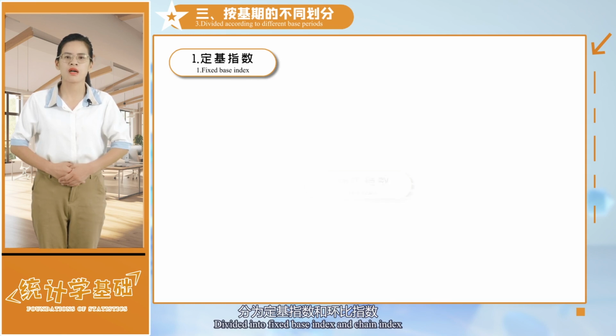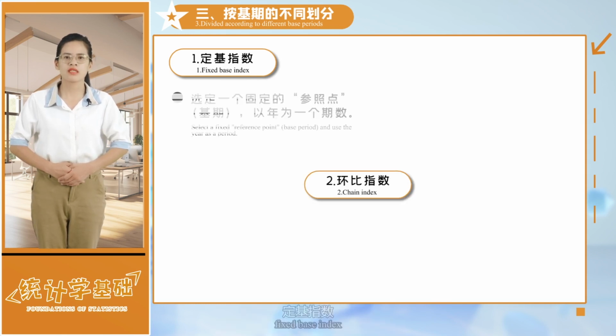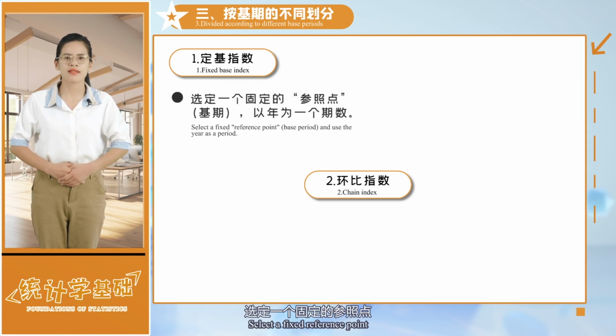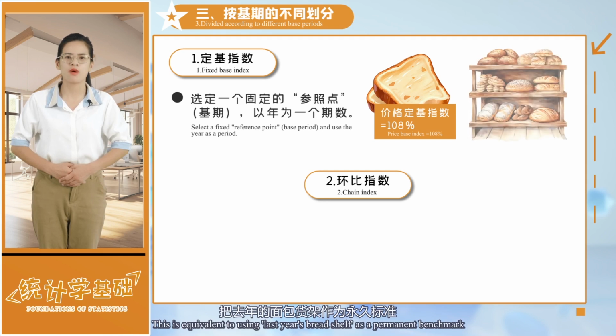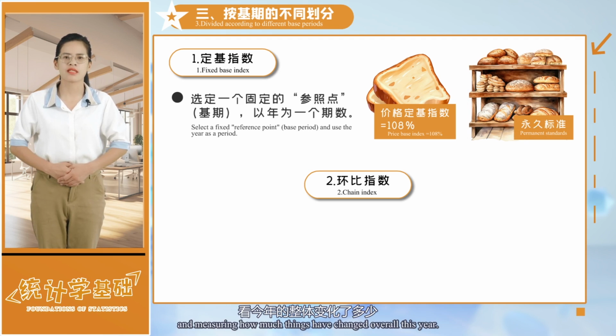The third category is divided according to the base period adopted, into fixed base index and chain index. Fixed base index selects a fixed reference point as the base period. For example, take January of last year as the base period and calculate the price of bread this year; the fixed base index is equal to 108%. This is equivalent to using last year's bread shelf as a permanent benchmark and measuring how much things have changed